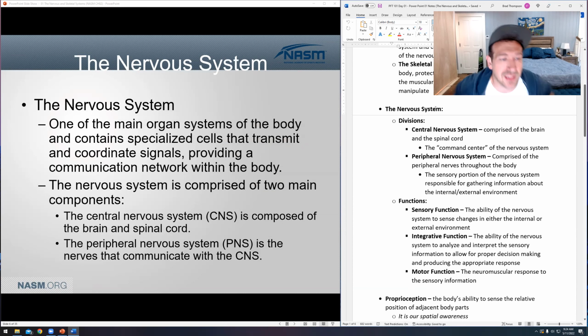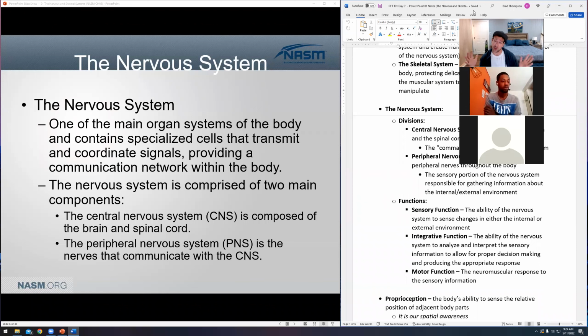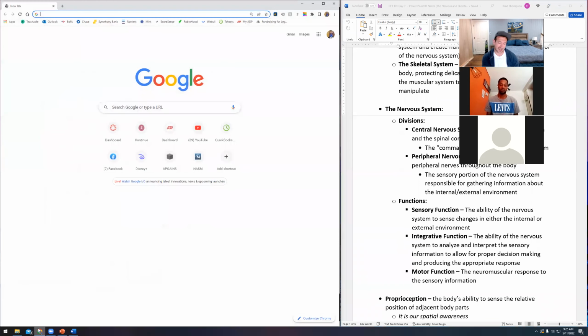So let's go ahead and start by talking about the nervous system. This is one of the main organ systems inside your body. It is made up of very specialized cells called neurons, which we're going to look at here in just a minute. And those neurons are particularly good at not only running electricity through their body, but also generating their own internal electricity, which is really cool. Your nervous system basically runs on a series of electrochemical signals. So if we look at a neuron anatomy here,